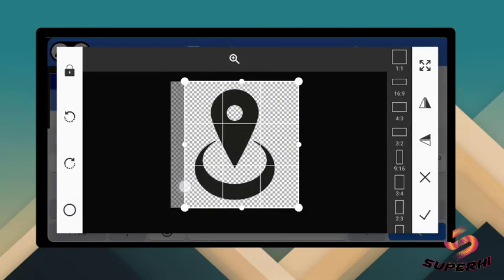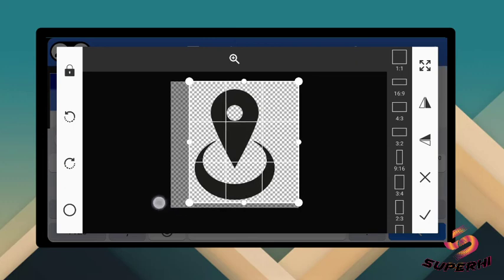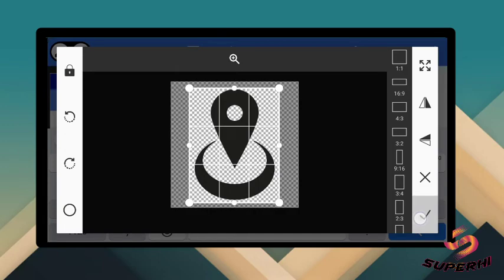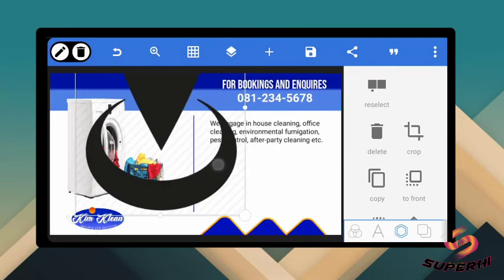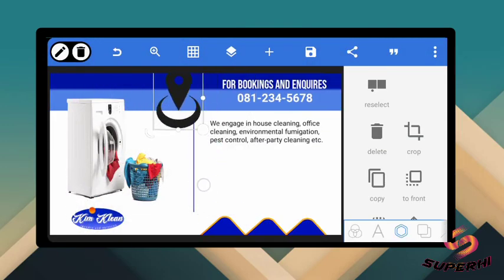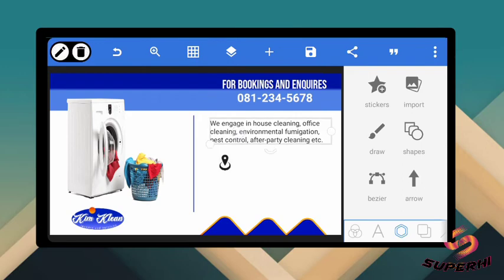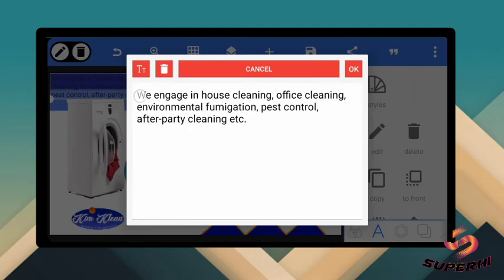Just crop that a little, and just reduce the size. You can make it any color of your choice, but in this case I won't be changing the color. I think black fits so well. So the next thing is to position it like this, and then just duplicate this. Duplicate it, edit it. You can wipe this out